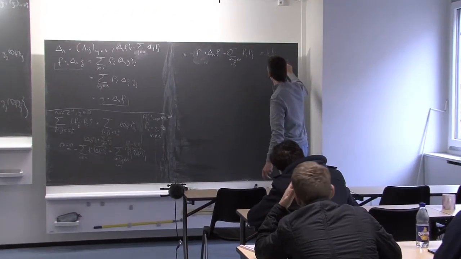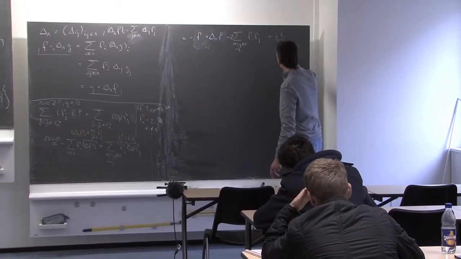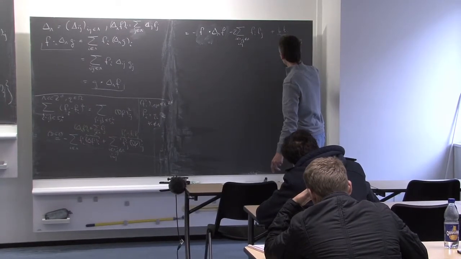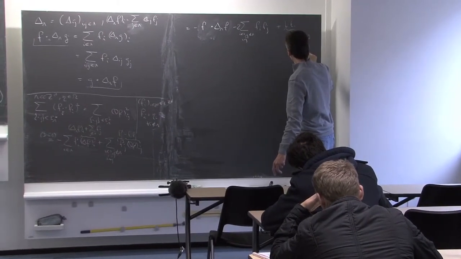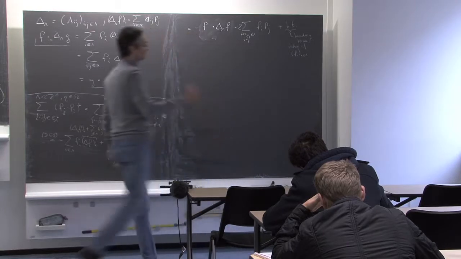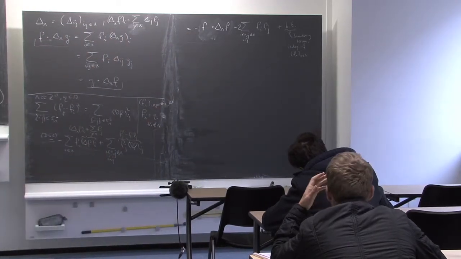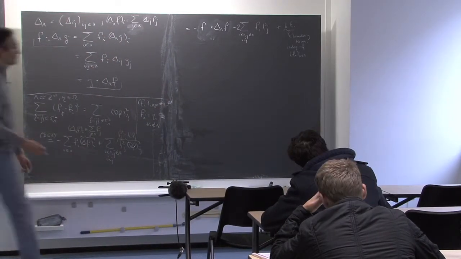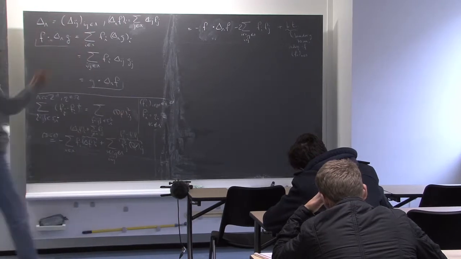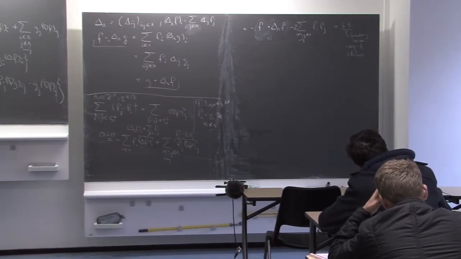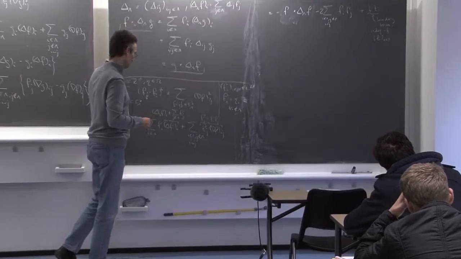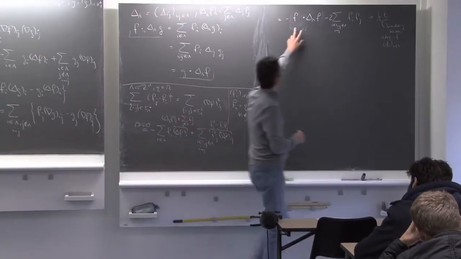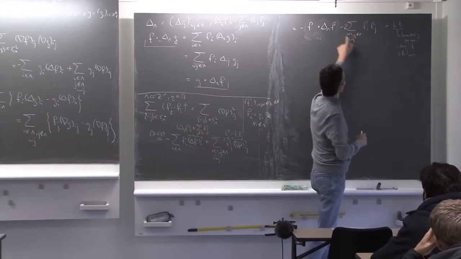Boundary term, independent of the values of f_i, i in lambda. It depends only on the boundary condition, nothing else. So this will play absolutely no role in our probability measure when I use the formula. So I will just ignore all these boundary terms. So we made some progress. We already have that, but this is not in the right shape.